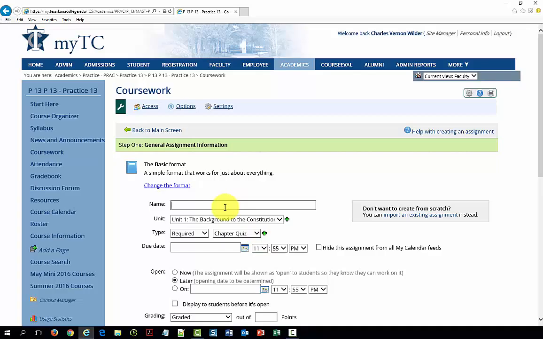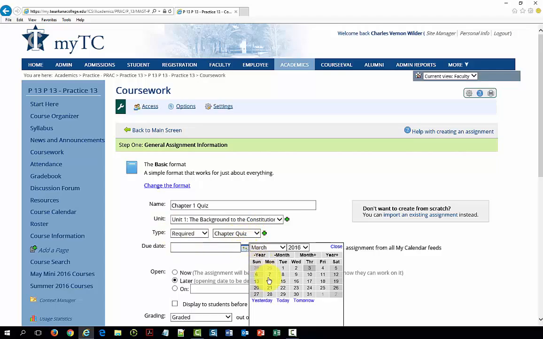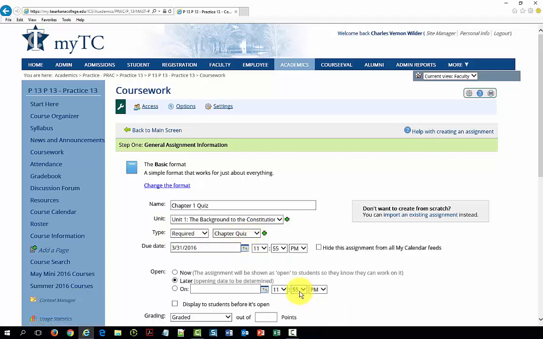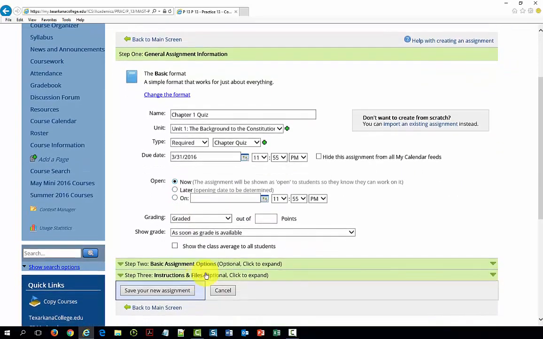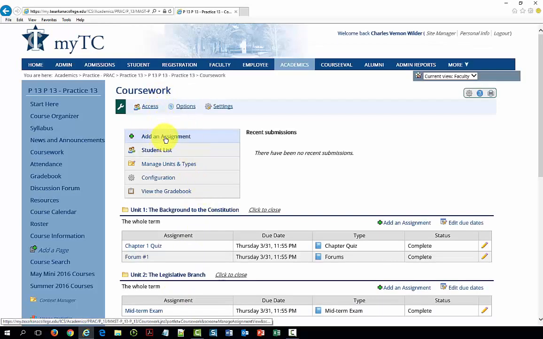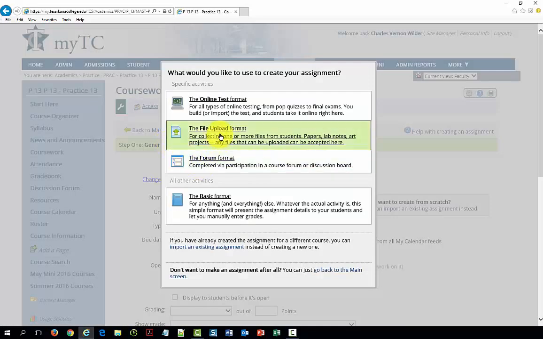I'll be Chapter 1 quiz. And that's going to be in Unit 1. It's required. It actually falls under the chapter quiz. I'll do my same due date. I'll do it now. Grade it out of 100 points. And then I have one more assignment, which is going to be my